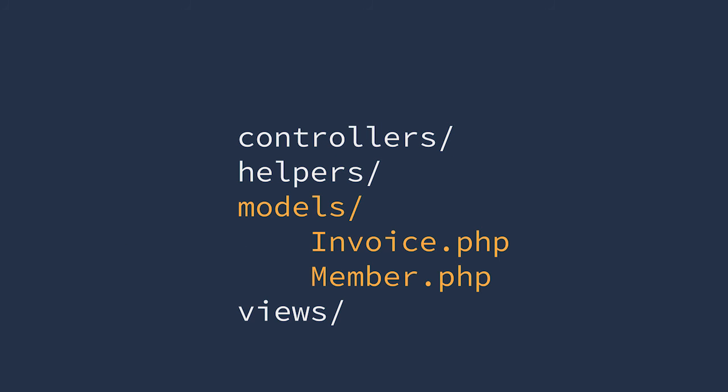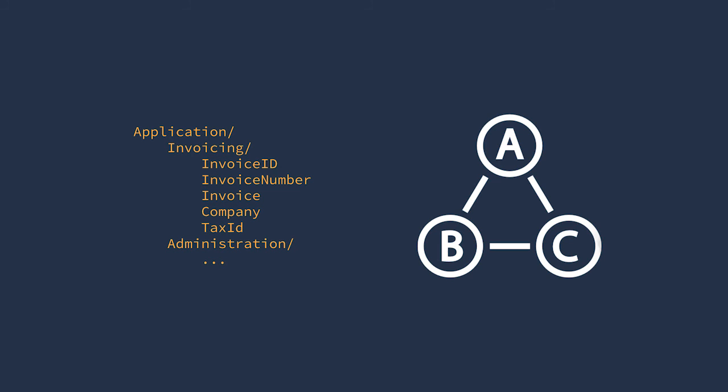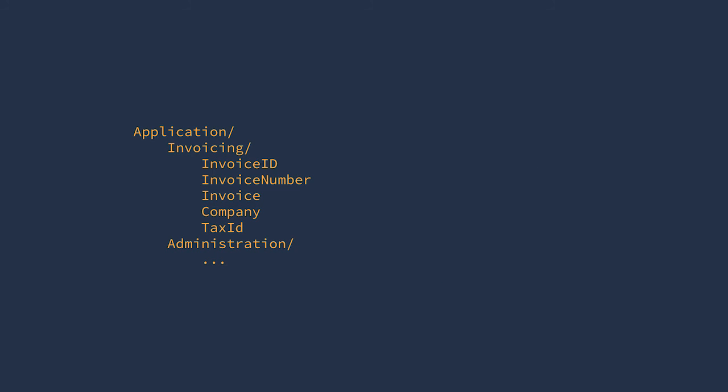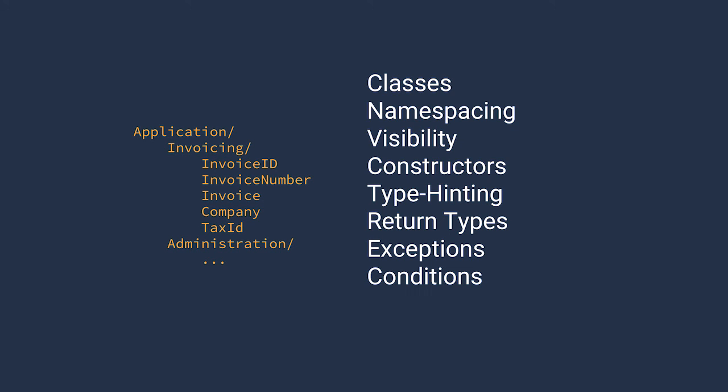Despite the fact that this use of the term model is well established, it's not something that we'll be focused on. This is just one of a number of very valid forms of the term model. But our primary focus is on the concept of a domain model. In our context, a domain model is the combination of objects that represents domain concepts and the way in which they interconnect. The concepts that are important to our solution are encoded and expressed in our programming language. We utilize the natural tools of the language like classes, namespacing, field visibility, constructors, type hinting to express domain concepts. We're going to go over many examples of modeling concepts into code during the course.